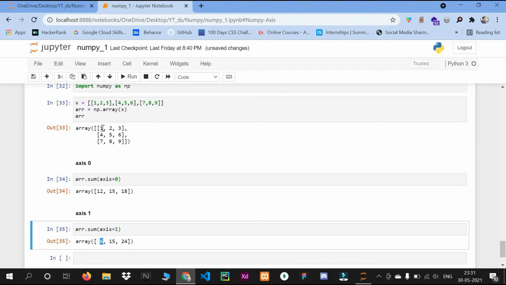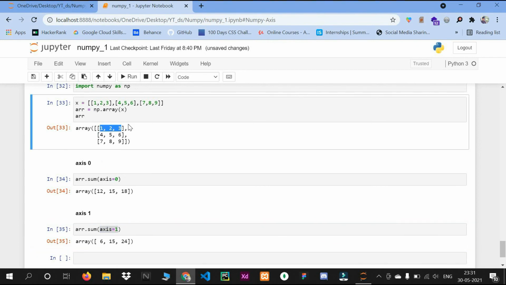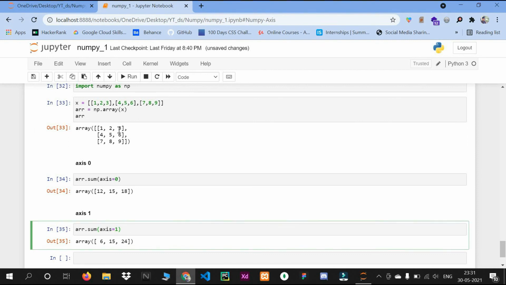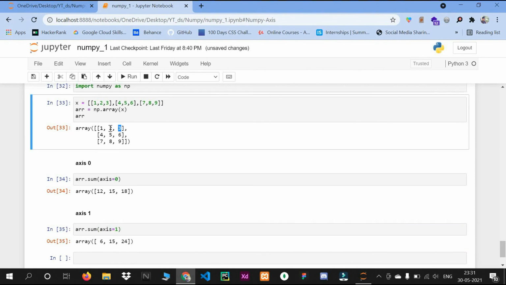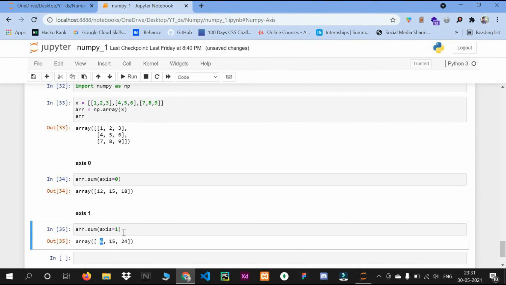So this sum adds the elements, and because we have passed axis 1, it has added row wise and gave us a new one column. So 1, 2 plus 3 gave us 6, 4, 5, 6 gave us 15, and 9, 8, 7 gave us 24.